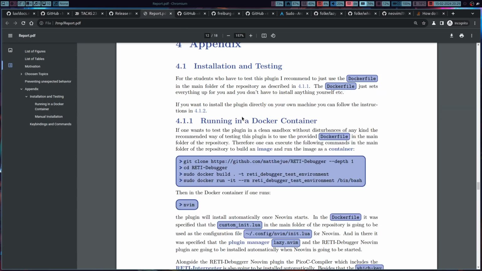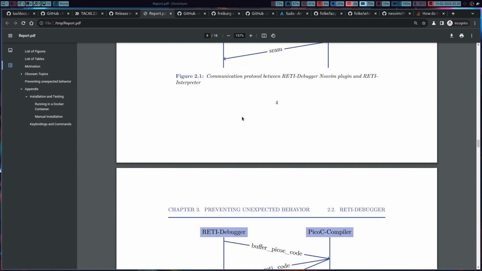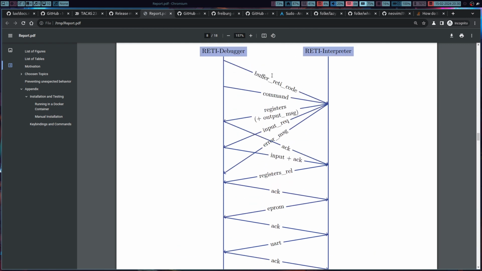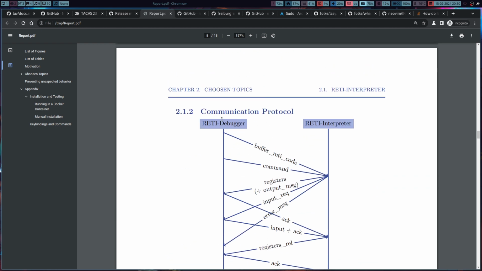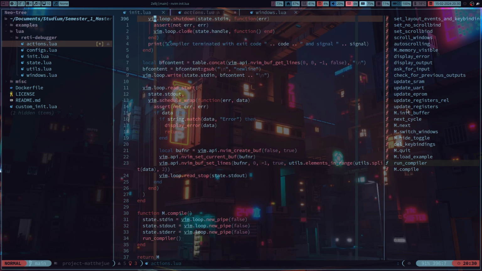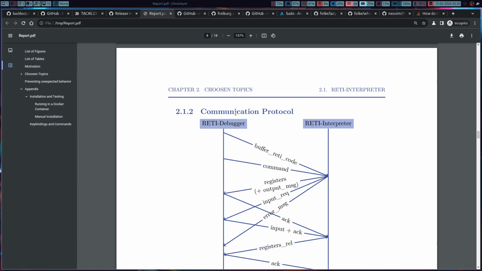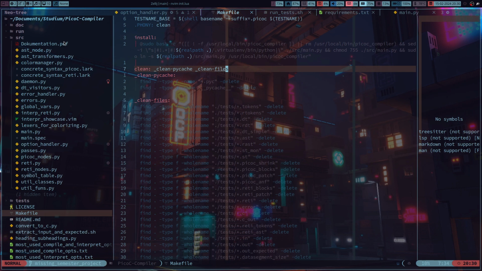What I wanted to mention is that this whole protocol starts again: first it starts by sending the RETI code, and then it finishes here, and then the next iteration starts by sending this command here, and that's this next command. If I hit the next key, then it goes to the next cycle, and then here it sends this next and then a new line. Actually, next space, and then this gets evaluated here on this side